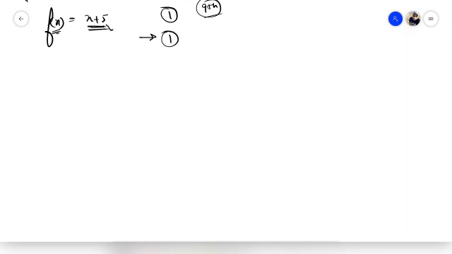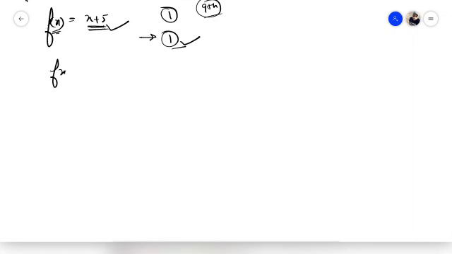Now let me make it very clear. Suppose the polynomial is a linear polynomial, like x plus 5. It is a linear polynomial. You know what a linear polynomial is? The polynomial which has degree equal to 1 is a linear polynomial. If you don't know what linear polynomials are, just go and revise from the class 9th book, right? Because this has already been taught to you in class 9th. So if you have a linear polynomial, how many zeros are you going to get? The number of possible zeros for a linear polynomial is 1, right?